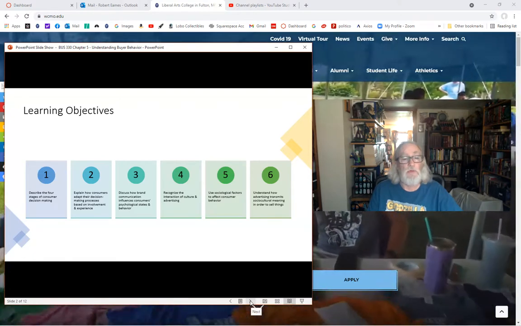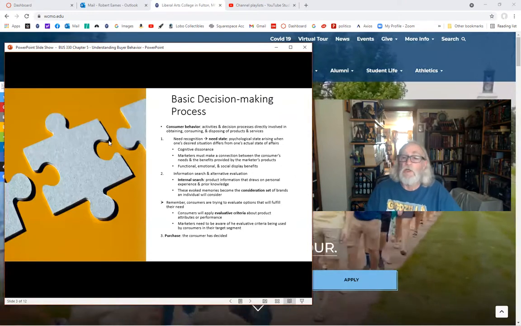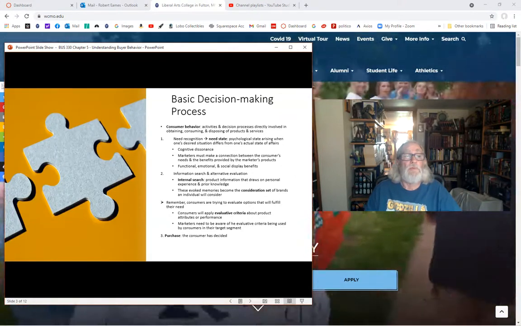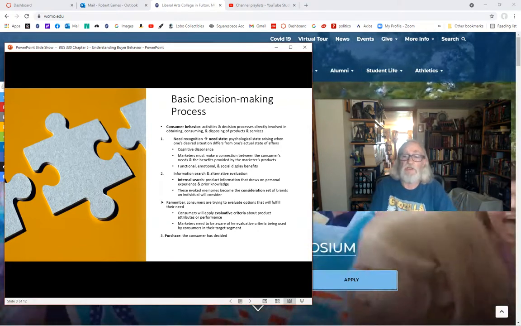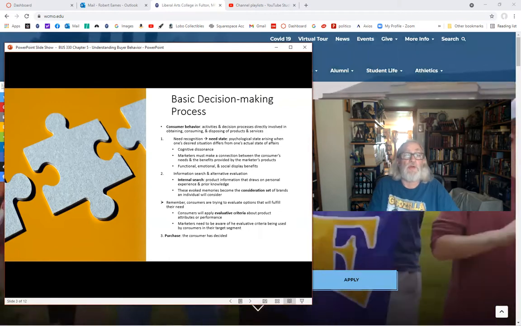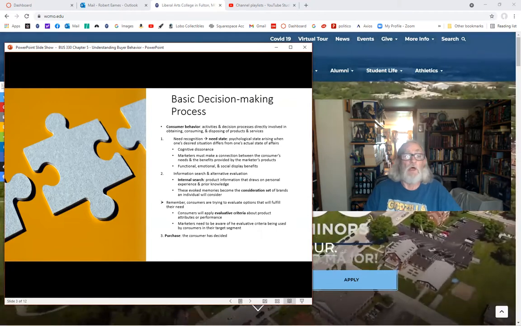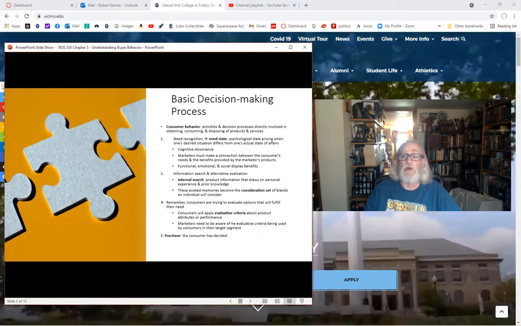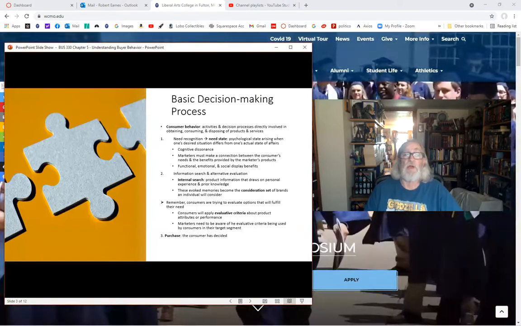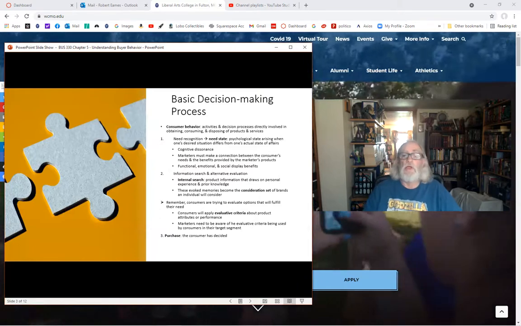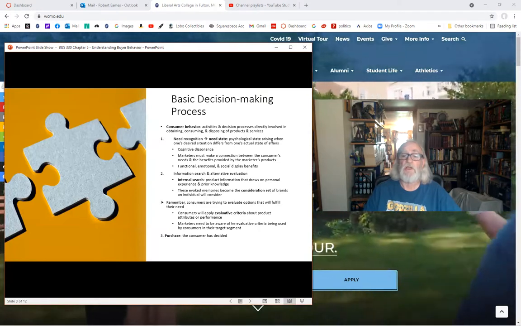So much of what we do in promotion. There is a basic decision-making process that consumers go through. Consumer behavior in general is just a term that says these are the activities and the decision processes that individuals go through when they're thinking about a product or a service, to obtain the product, what the implications of consuming it are, and if there's a disposal of the product. Everything about the product really goes into consumer behavior and what the individual does during any given transaction